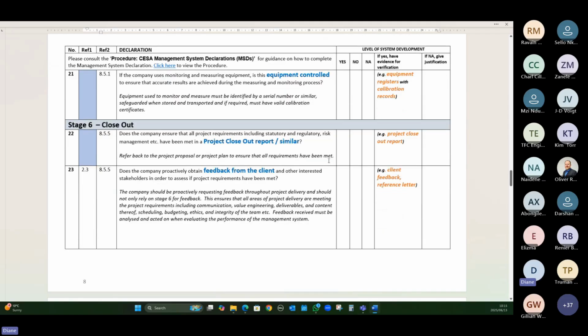Right, then question 21 under our construction asks the question, if the company uses monitoring and measuring equipment, is this equipment controlled to ensure that accurate results are achieved during the measuring and monitoring processes? So if you are going out to sites and you do have equipment that you're using to monitor and measure,